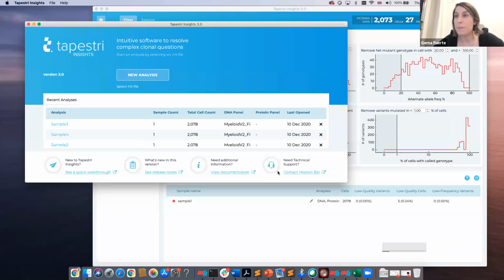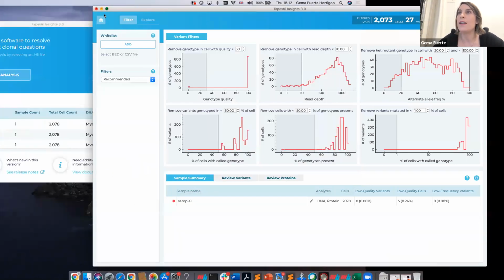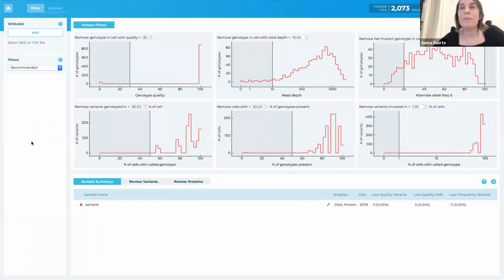the support page. So after you upload your files and start a new analysis for the H5 files, this is the window that you obtain. I just have it opened to make it easier. So that's the first thing you see. You have your sample 1 with the 2 analytes, DNA and protein, number of cells, and then you have the